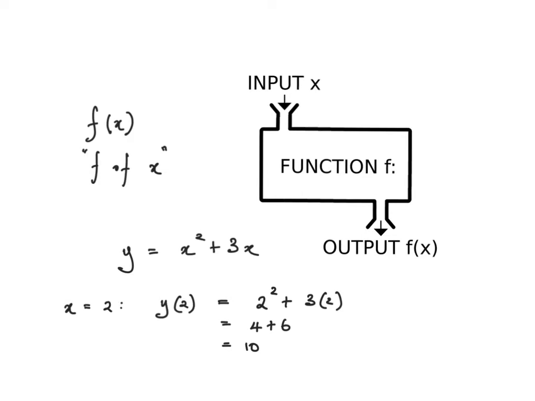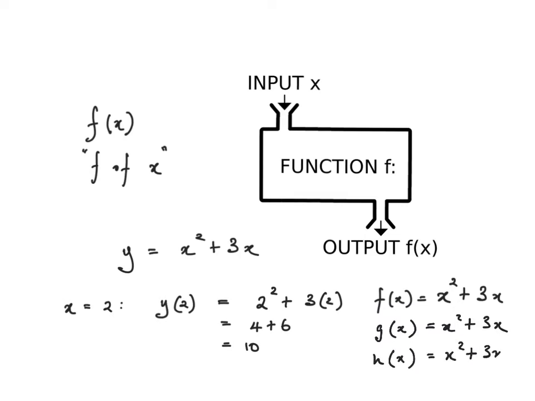Now if we take this function here, we could rewrite this simply as f of x equals x squared plus 3x. But we could call the function anything, which is to say we can change this letter. We could call it g of x, we could call it h of x,